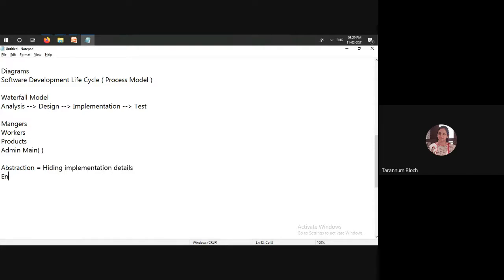And when I say encapsulation, then it is wrapping of data fields and methods together, right? So it means creating the class, because your class will have all these things. Yes or no?